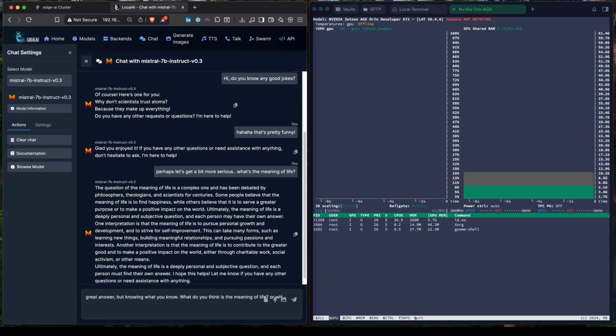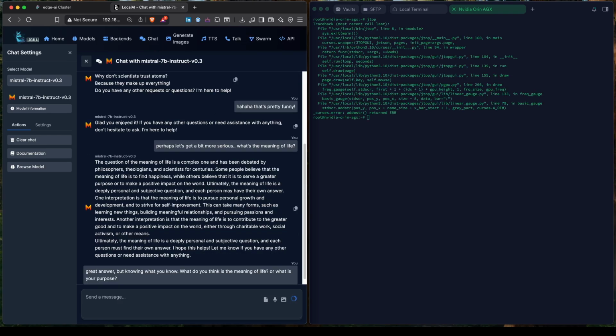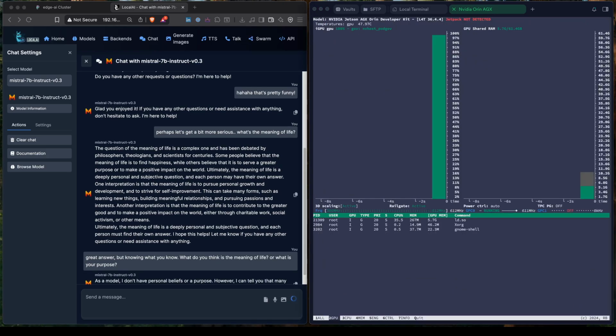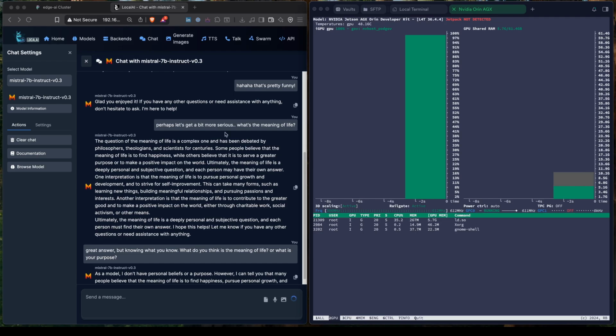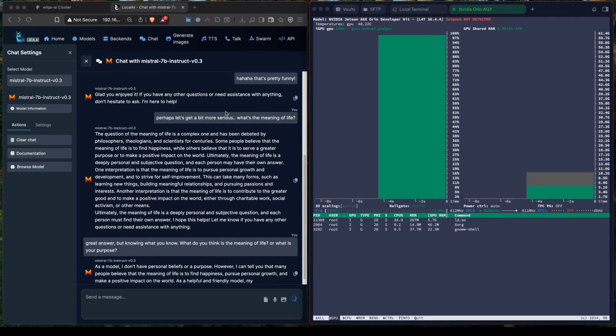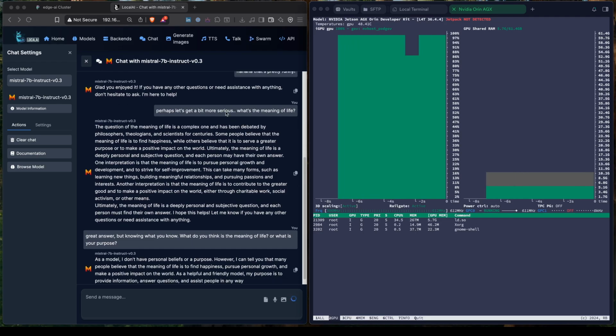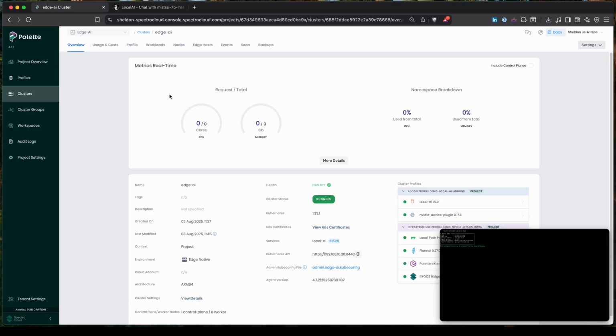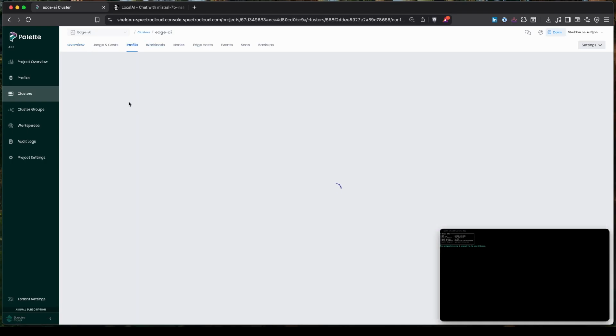Of course, this is me just playing around with the model itself, trying to trick it to say something stupid, but of course it's not going to, or at least not yet. But for me, I'll just stop here with the queries. So of course you can download other models, test different configurations, different setups, different solutions and tools. However, this is just to show that you can easily deploy a Kubernetes cluster on a device like a Jetson AGX, and then deploy the